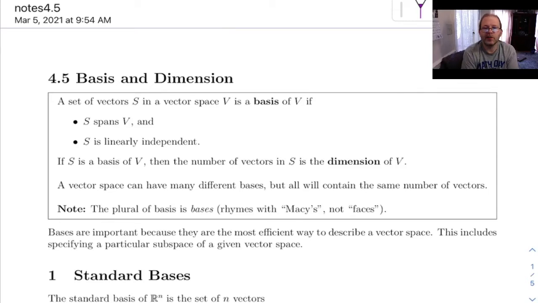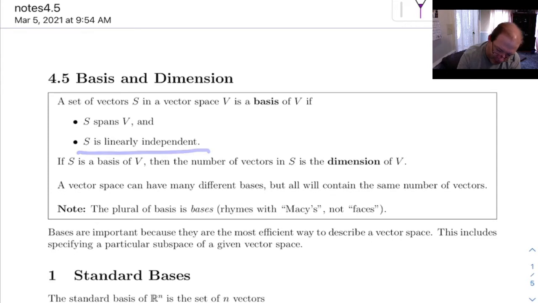All right, 4.5 is on basis and dimension. Well, first up, let's look at the definition of basis. A set of vectors S in a vector space V is a basis of V if S spans V and S is linearly independent. So if you think about what this means, it means S has enough vectors in it so that you can get everything in V as linear combinations of them, and it doesn't have any extraneous